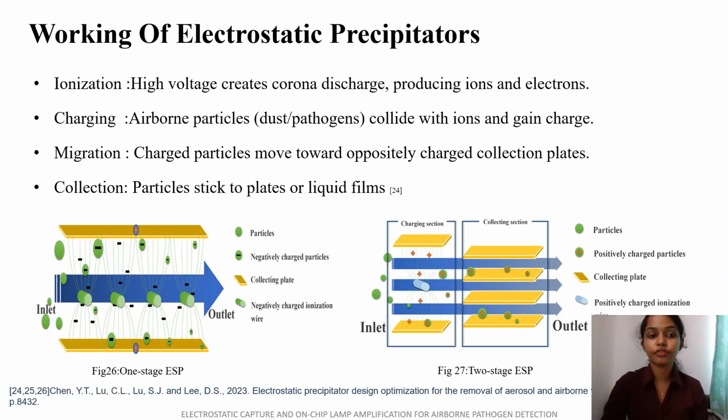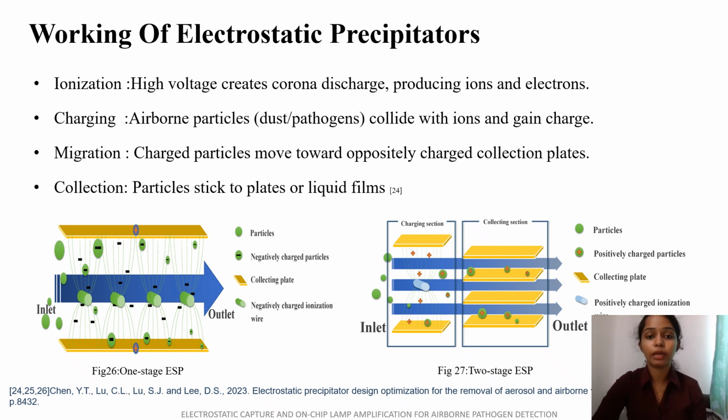Next, we'll go through the working of electrostatic precipitators. High voltage creates a corona discharge, which will produce ions and electrons. There are two charging mechanisms, unipolar and bipolar. The unipolar charging mechanism means particles are charged by only one type of ion, either positive or negative. In corona discharge, if the discharge wires are negative, particles get charged mostly with negative ions. This is most common in ESP because all the particles of the same charge move uniformly to the collector, and it is more efficient, whereas bipolar is less efficient compared to the unipolar